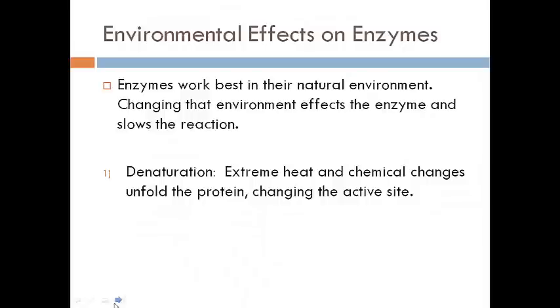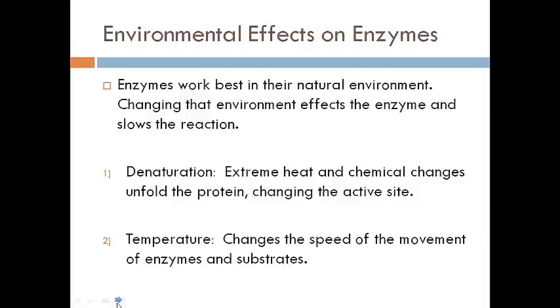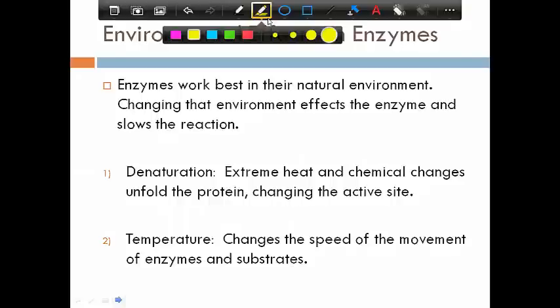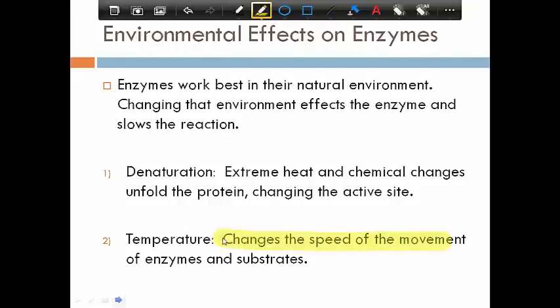The other thing that can affect how an enzyme works is temperature. Temperature can, as I said up above, under extreme heat, denature the enzyme, but if you just make slight changes to the temperature, what it does is change the speed of the movement of molecules. Remember, we've been talking about the fact that these molecules move on their own, right? Random movement of the enzyme and the substrates within the cells are bouncing around. And if the speed of that movement changes, that makes them either more likely to run into each other. So if they're moving faster, they're more likely to run into each other, which makes the enzyme work faster. Or if they move slower, that makes them less likely to run into each other,